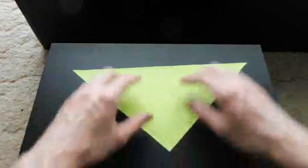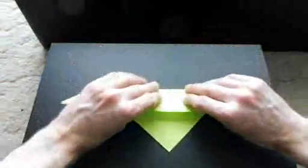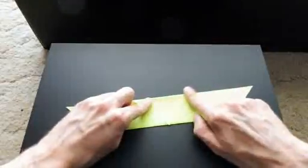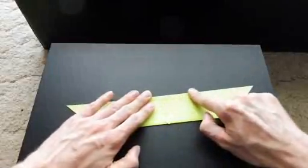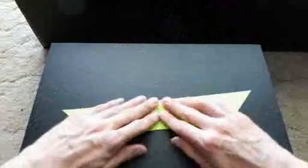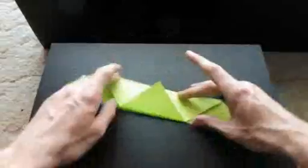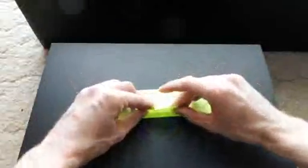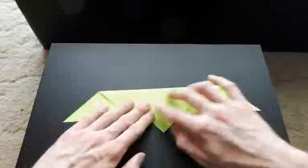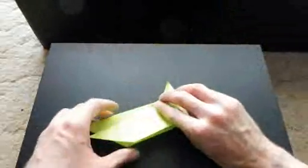Now, with this triangle, fold it roughly into thirds, like this, giving you this shape. Turn this around and fold this down. This will form your legs, which when you fold in half,